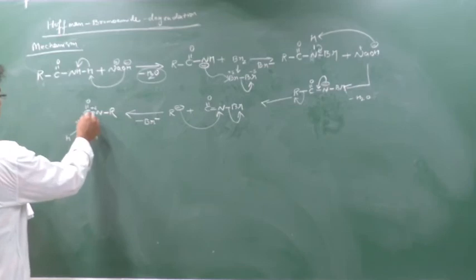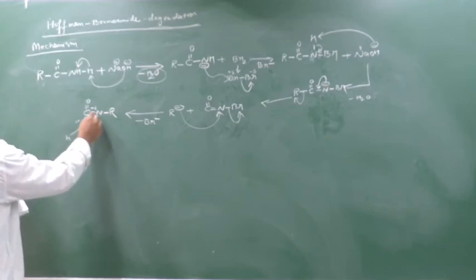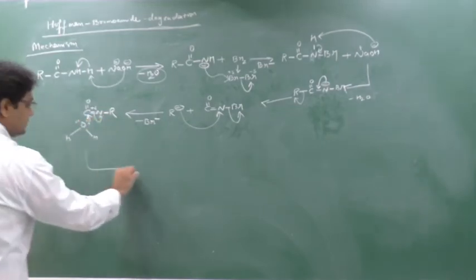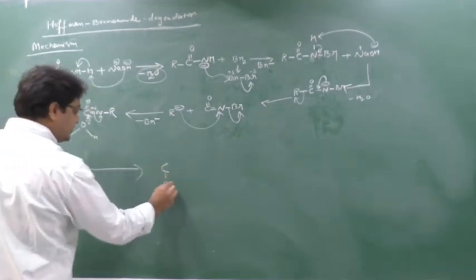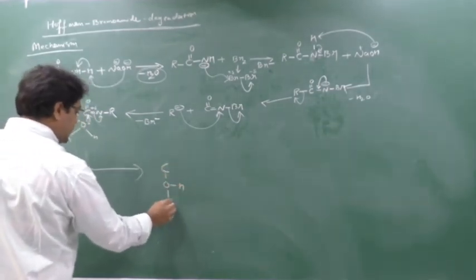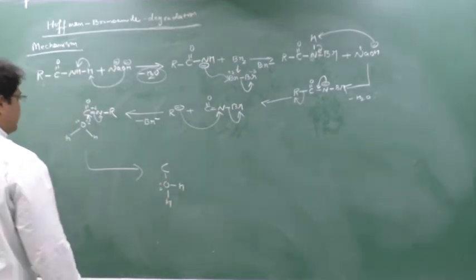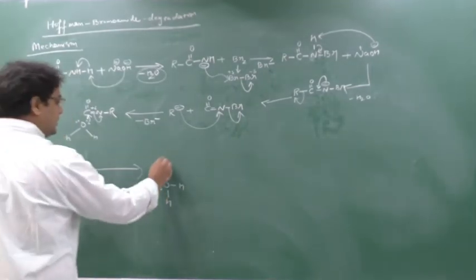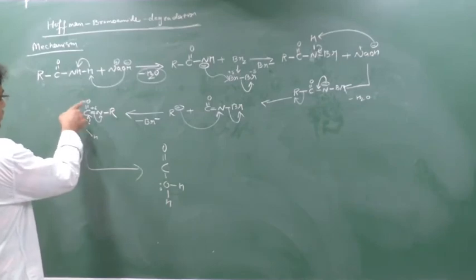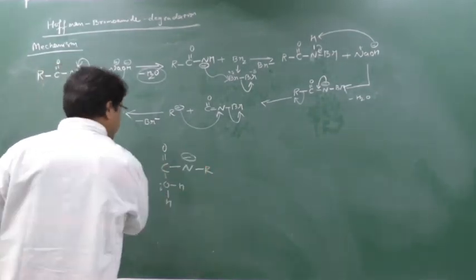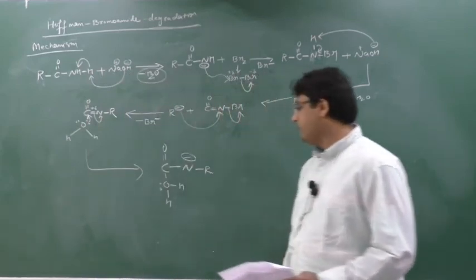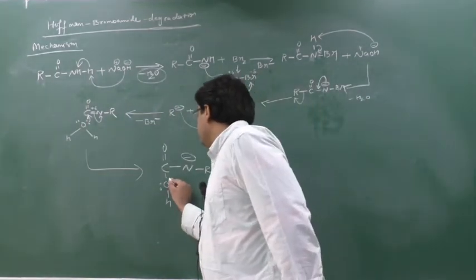So carbon is now making a new bond with this oxygen. So the old bond has to break. So this bond will get broken. So see the changes. Here there will be oxygen. Here there is H. Here there is H. And one lone pair will be there because one lone pair is given to the carbon. Double bond oxygen, this bond cannot be broken because of back bonding. A double bond cannot become a single bond, and here R. So again here a negative charge will come. That's all. And on this oxygen a positive charge will come.